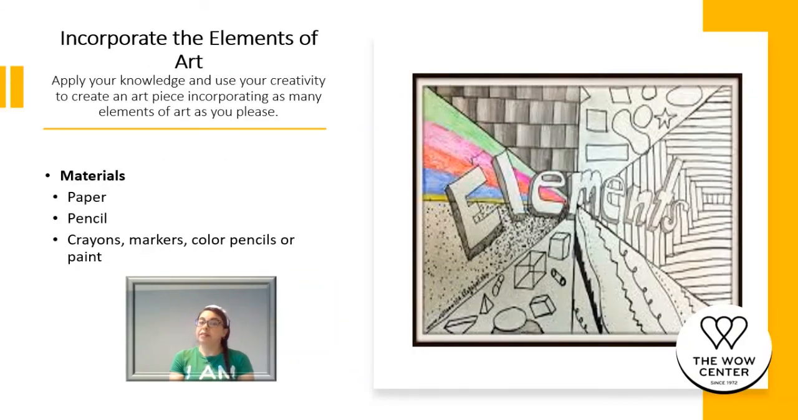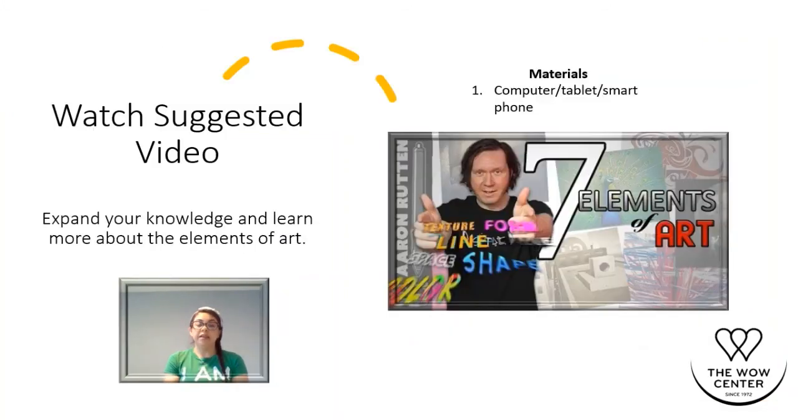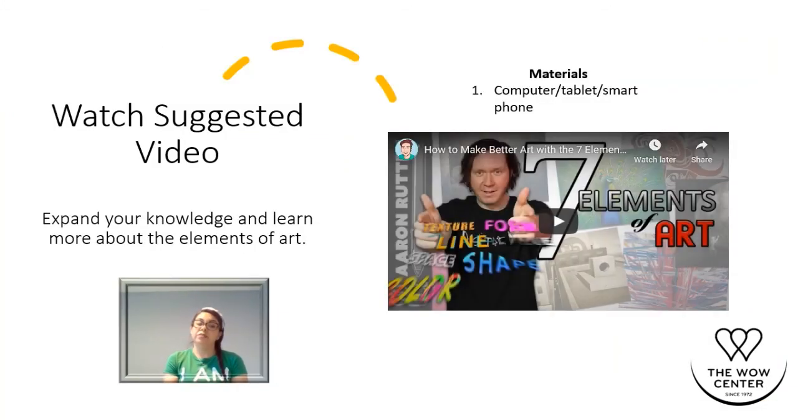Your second activity is to incorporate the elements of art in any art piece that you'd like. So you can create an art piece by applying your knowledge and using your creativity to incorporate as many of the elements as you please. Okay, your materials for this activity are going to be paper, pencil, crayons, markers, color pencils, or paint, whatever you have on hand or whatever medium you prefer. Okay, your third and final option is to watch a suggested video. So the video